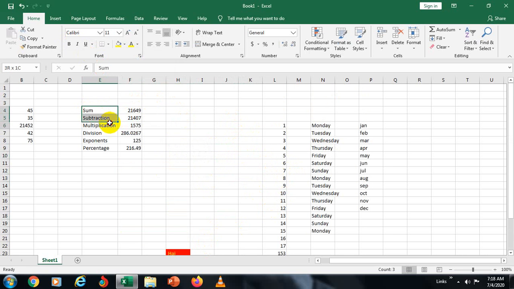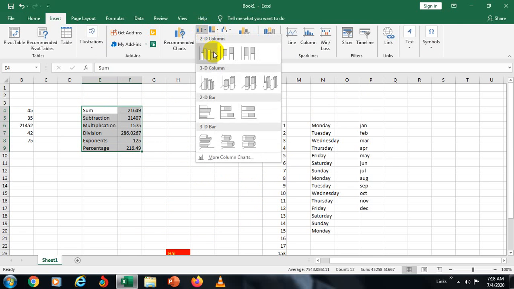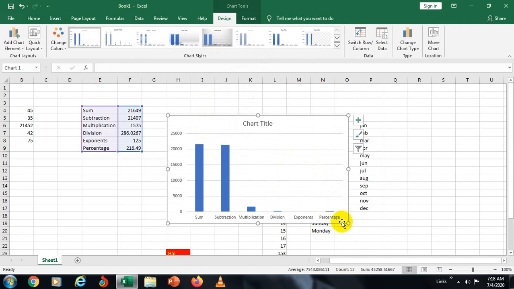And the chart. We just select here, and go to Insert. We got it. That will be for small values only. Now the left side will come down, the right side will come up. It means the horizontal will be the first column and the second column will be vertical.